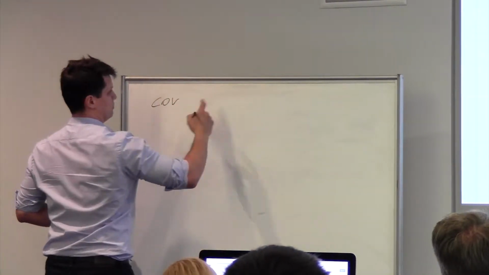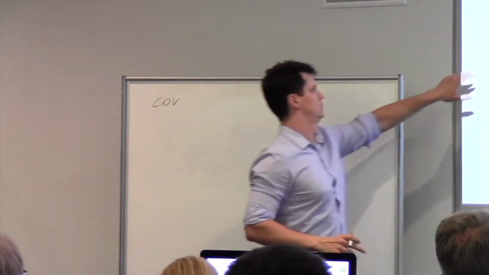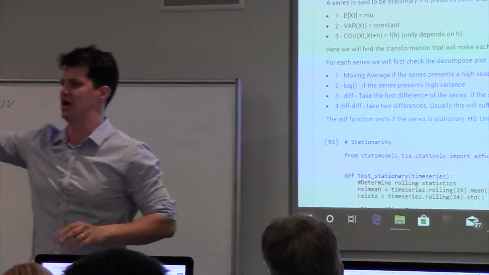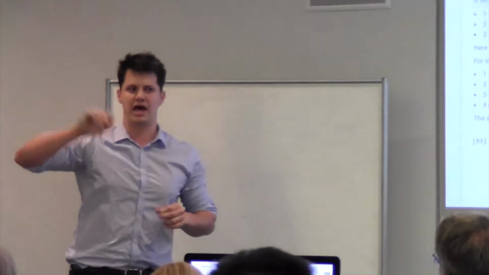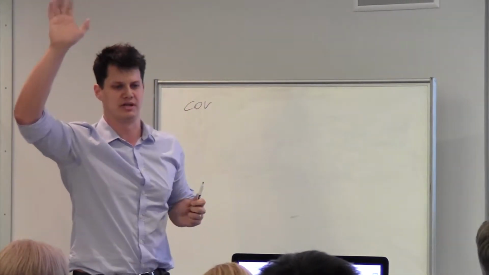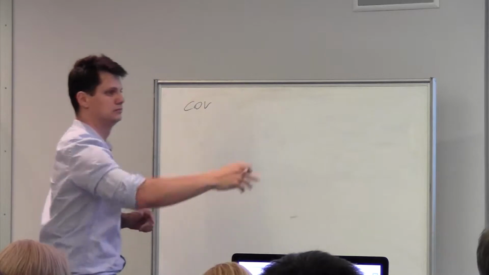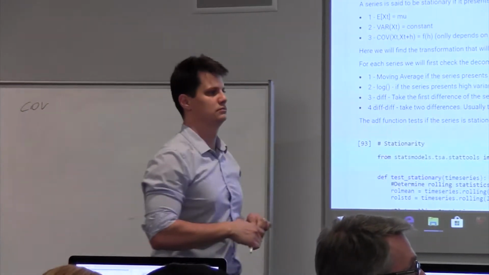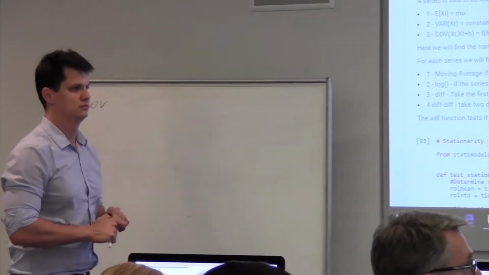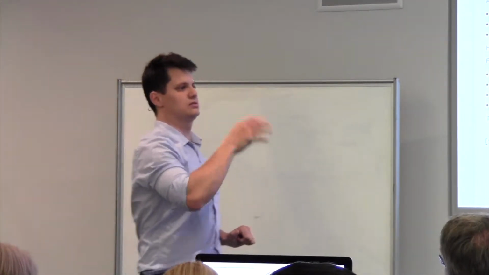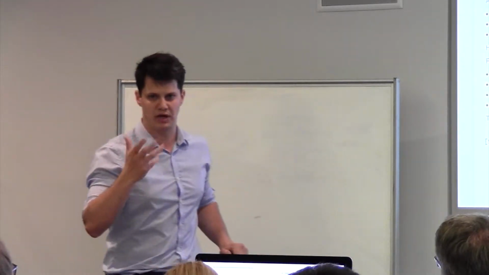The covariance, so the first one is clear, right? The expected value of that series is going to be constant throughout time. Does anyone have doubt about that? And please don't feel shy of raising your hand. Okay. Some examples. So you're saying that we're expecting the value to stay constant as opposed to going up in time, so it's a kind of transformation. Yes, that's the expected value.